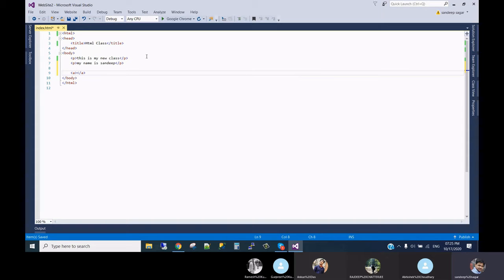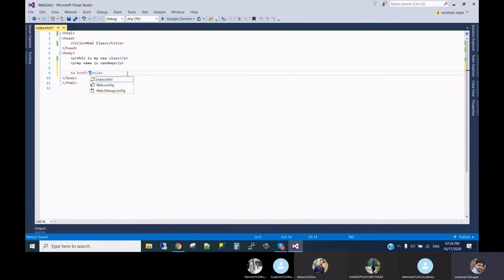But only giving an a tag will not help here. We need to give the reference of where this tag will redirect. For that, we have the attribute href. Here we can give any website URL or a different page URL.